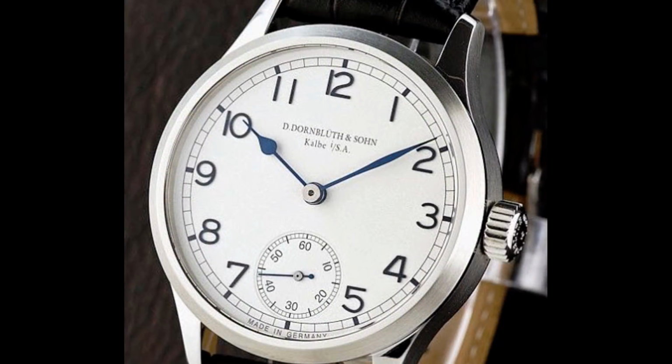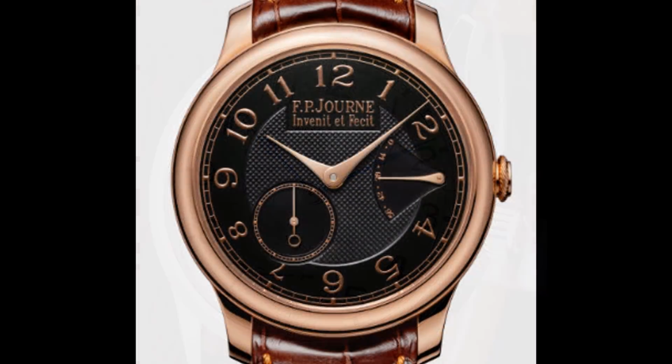There is one more typical characteristic of dress watch dials: a small second subdial. A running second subdial had its origins with the pocket watch, and is included on many dress wristwatches. It adds a bit of class, regardless of the position on the dial. The 6 o'clock position is the common location, but they can also appear at 12 o'clock, 3 o'clock, 9 o'clock,